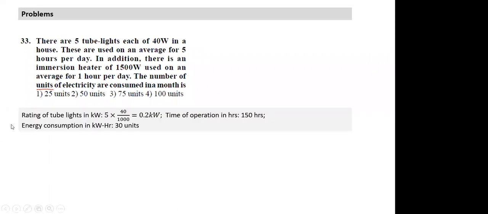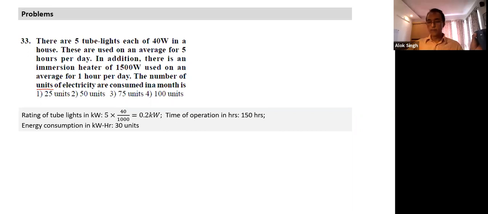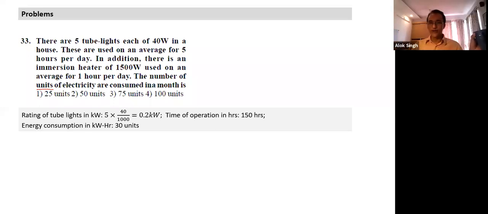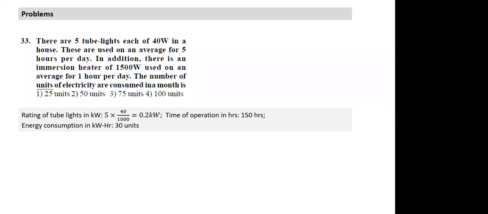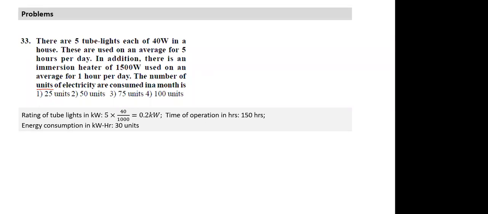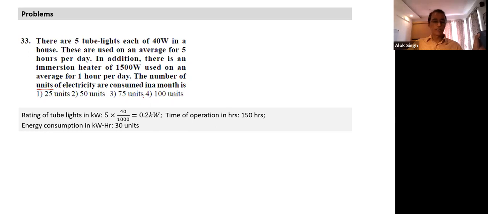Sir, if these appliances are connected in parallel or series, will the answer change? If we connect in series, see, suppose you connect 5 fans in series. Will each fan give you the same air? No, the first one will give the most. Not the first one. It depends on the resistance, the same current will flow, and all will give less work. So we are talking about them being connected in the proper sense. They are all being connected in parallel. We'll come to some question later on what happens when they are connected in series.